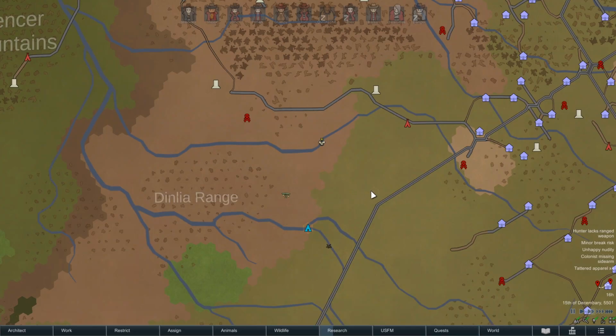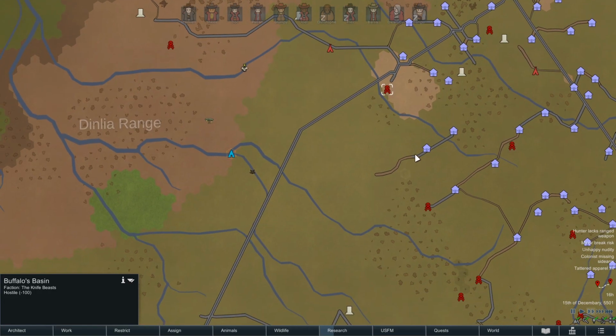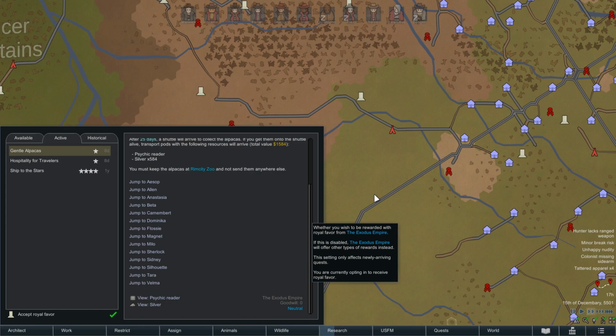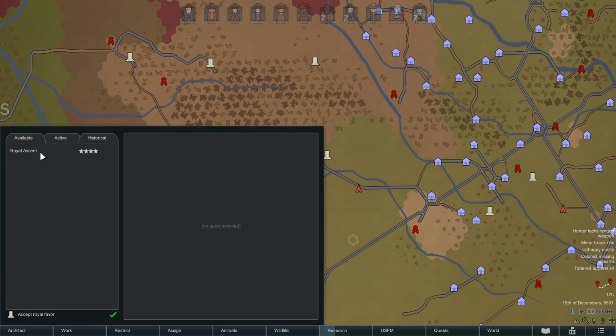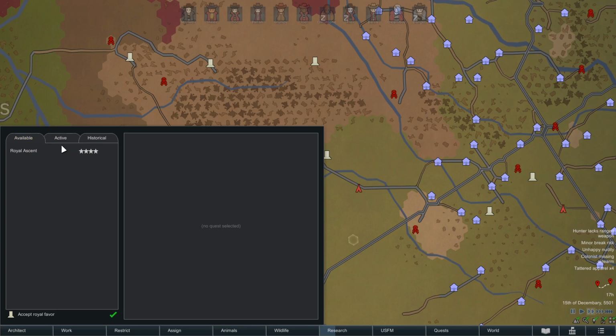Who's nearby? So we've got these raiders here. We haven't got any outposts nearby, unfortunately. That would be nice. Oh, and I need to go ahead and set this to accept royal favor again, because we are now in a position where we can start going up the royal tree. How are we doing for available requests? We just got the royal ascent. Okay. I wish there was a way...